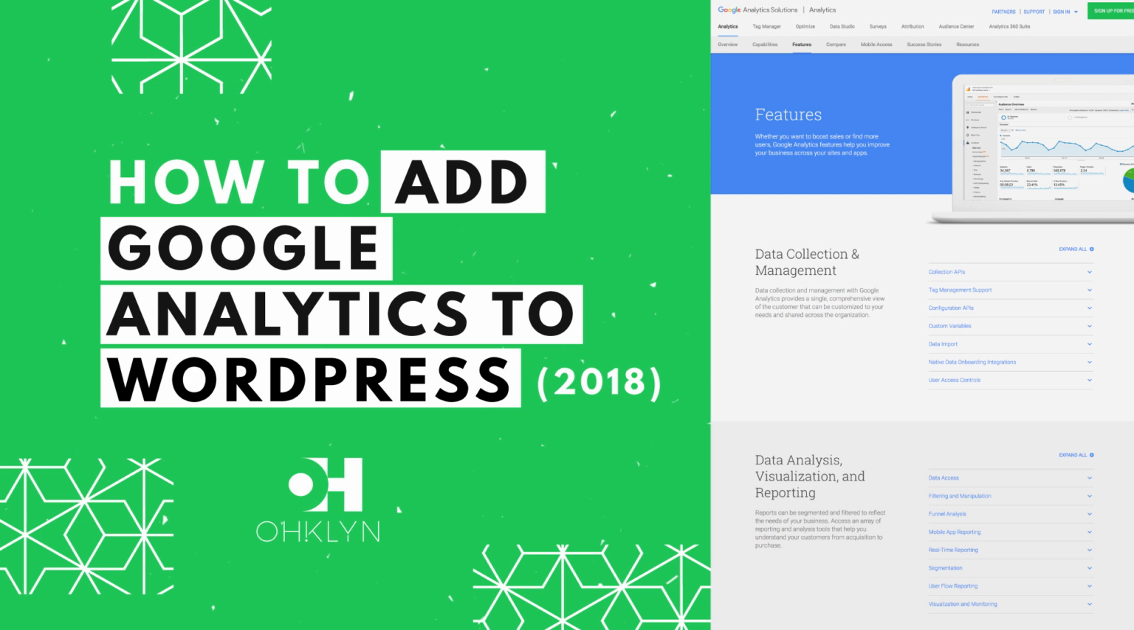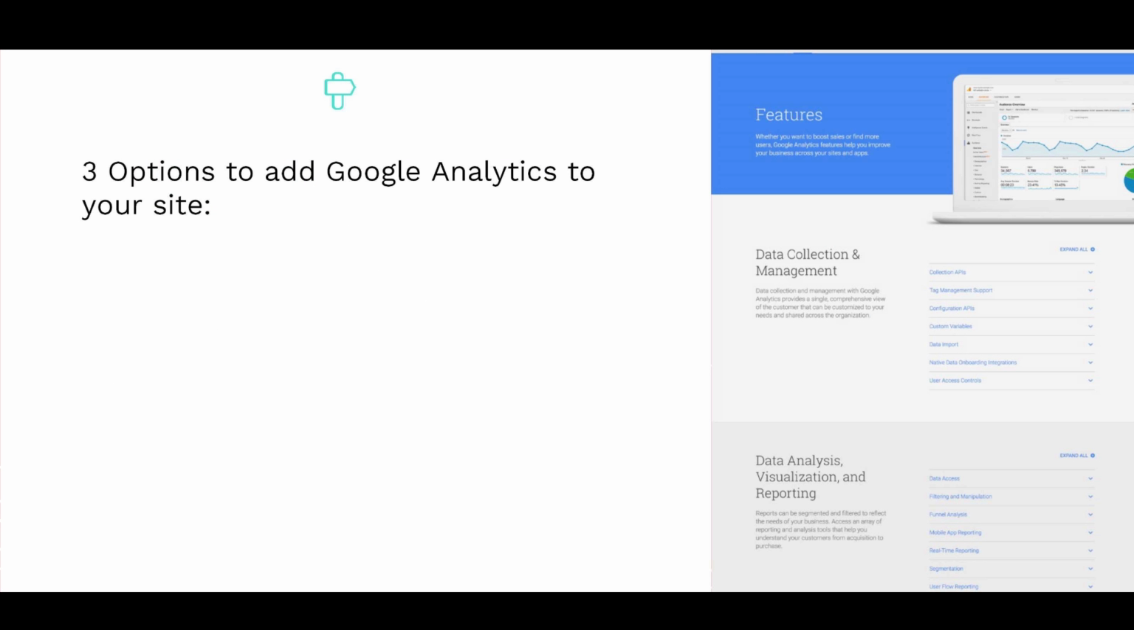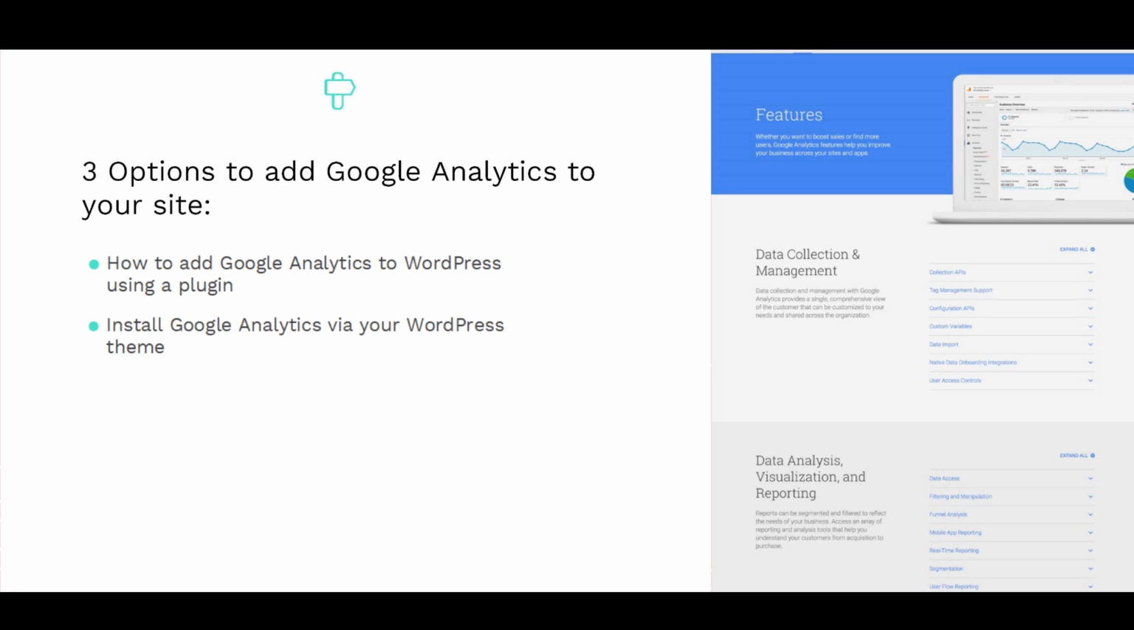In this video, we'll show you how to add Google Analytics to your WordPress website. For this, we'll share 3 easy options. These include how to add Google Analytics to WordPress using a plugin, how to install Google Analytics in WordPress by adding the code via your WordPress theme, and how to install Google Analytics via the header.php file of your child